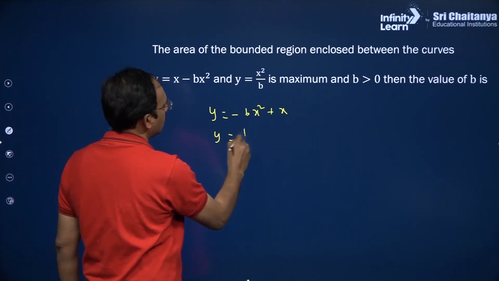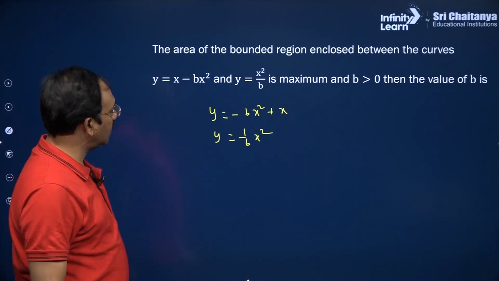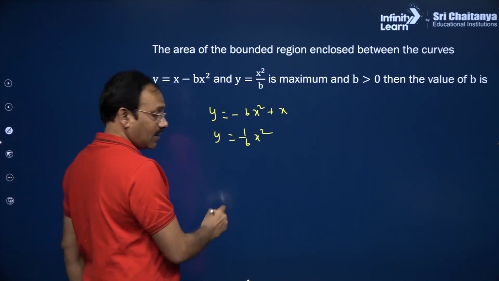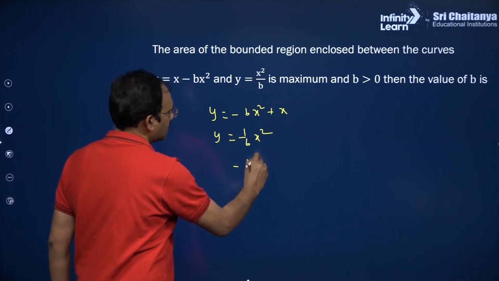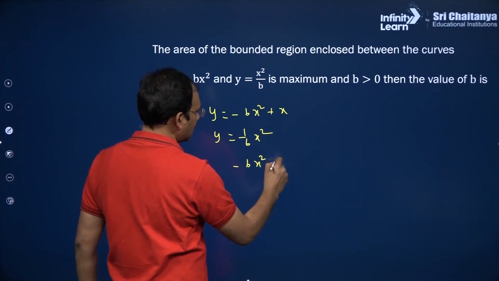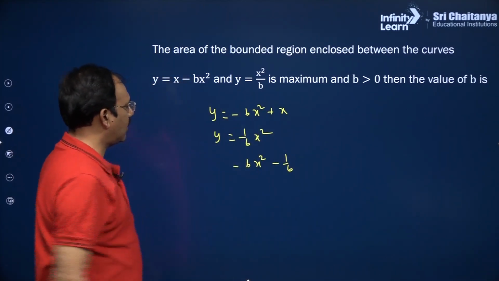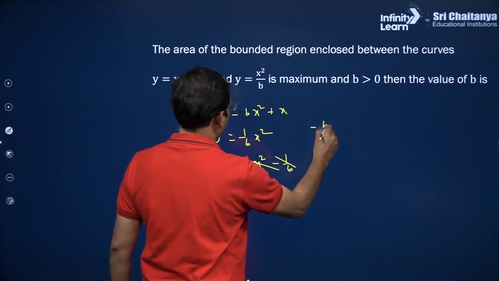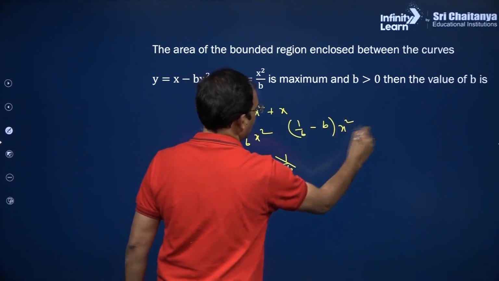Second one is y is equal to 1 by b into x square, right. So, here the area enclosed between these two, in the sense you can subtract, we have a shortcut. This is minus b x square, this minus this, minus 1 by b x square. You can see both are x square only. So, you have to write it as 1 by b minus b into x square minus x